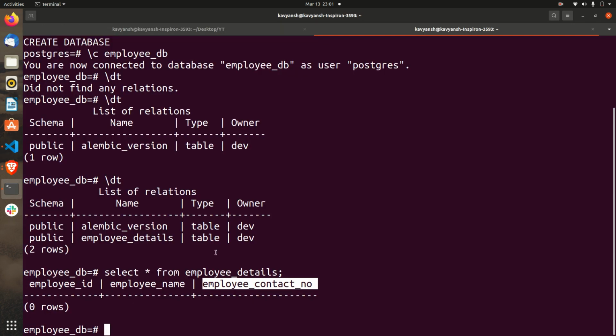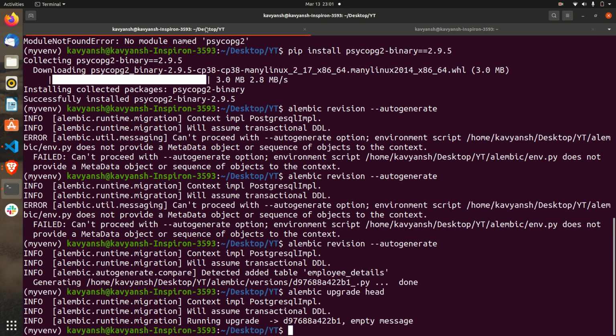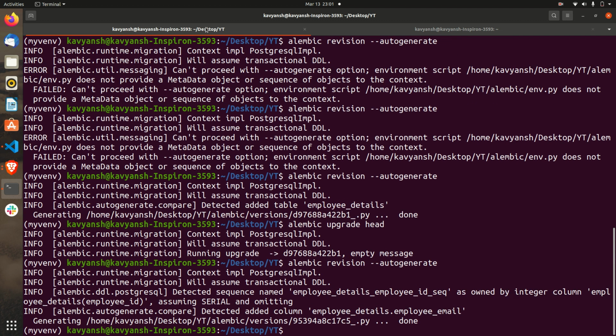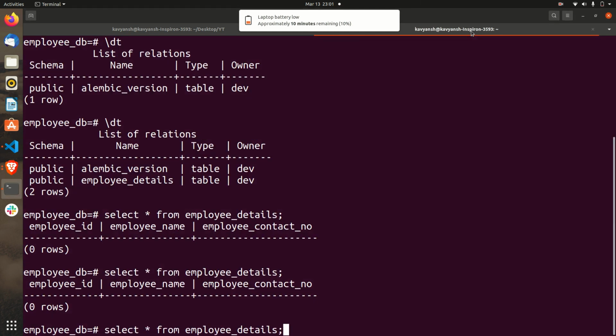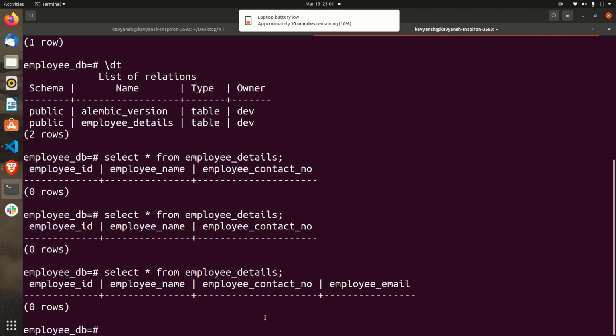If we want to migrate those changes into this table, we have to rerun the migration. How can we rerun the migration? First command is alembic revision with autogenerate, and the next is alembic upgrade head. Now go here and search it. You got employee email as well. So that's how you update your model file on the Python side, run the migration, and it will automatically update your